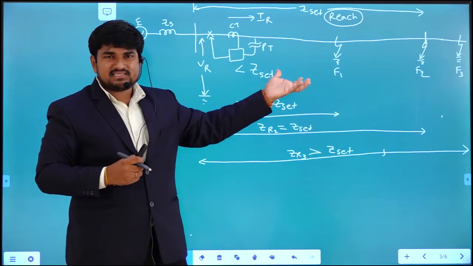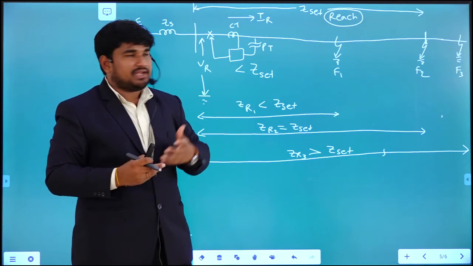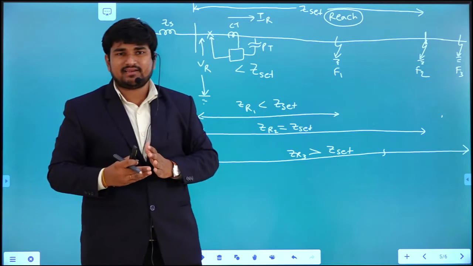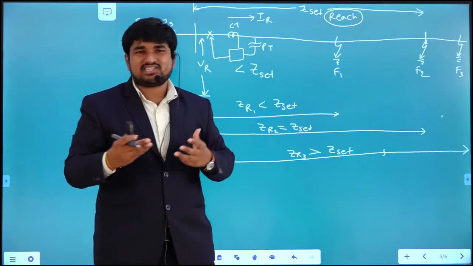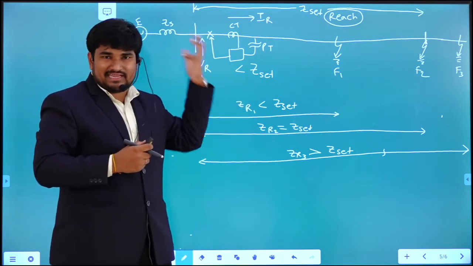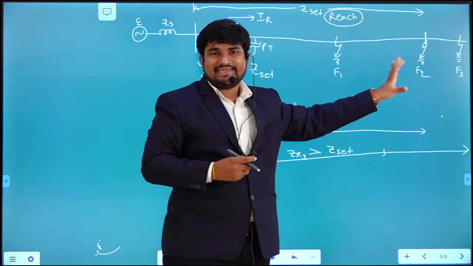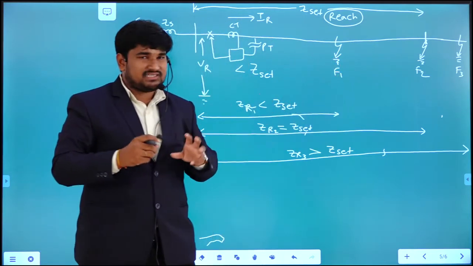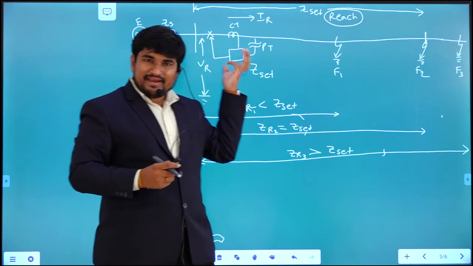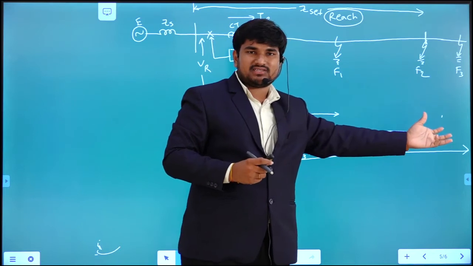The impedance is the same per kilometer, right? Even though the distance is increasing, the per-phase, per-kilometer impedance, resistance, or reactance values will be the same. If you observe problems in power system analysis, the impedance of a transmission line is mentioned as Z per phase per kilometer. That means the per-kilometer impedance values are constant.